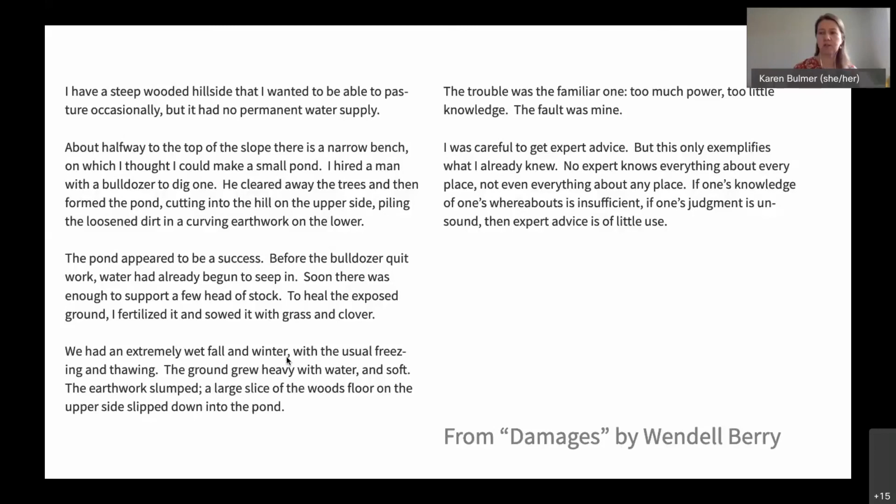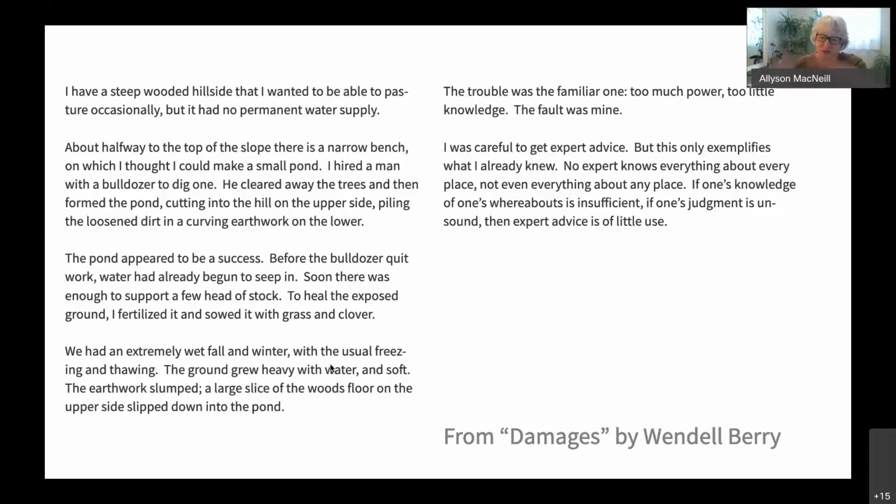Any other observations or thoughts on that? Hi, Karen. I will share with you that when you read this passage to me, it was a very different experience from me reading it myself. I'm a very visual person, and when you were reading, I closed my eyes and let pictures go through my mind.